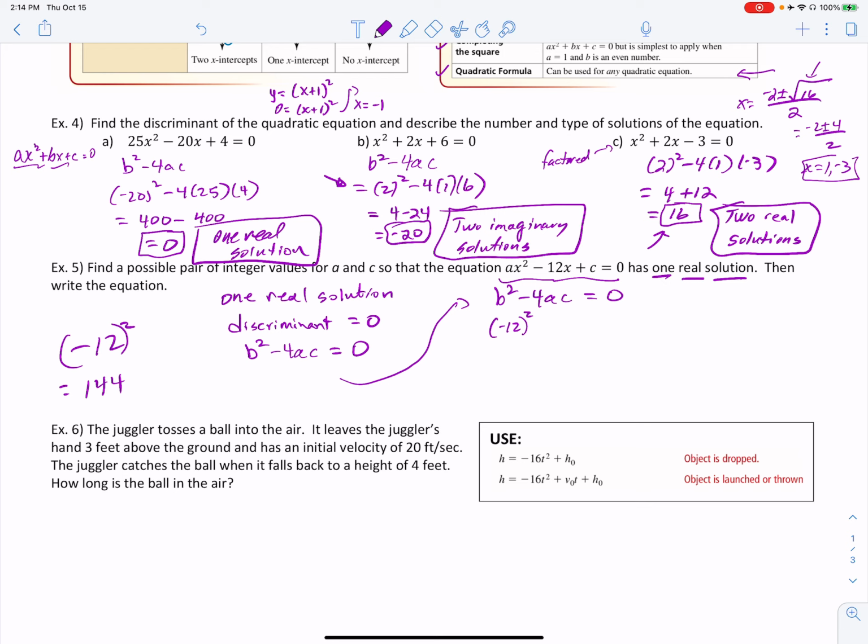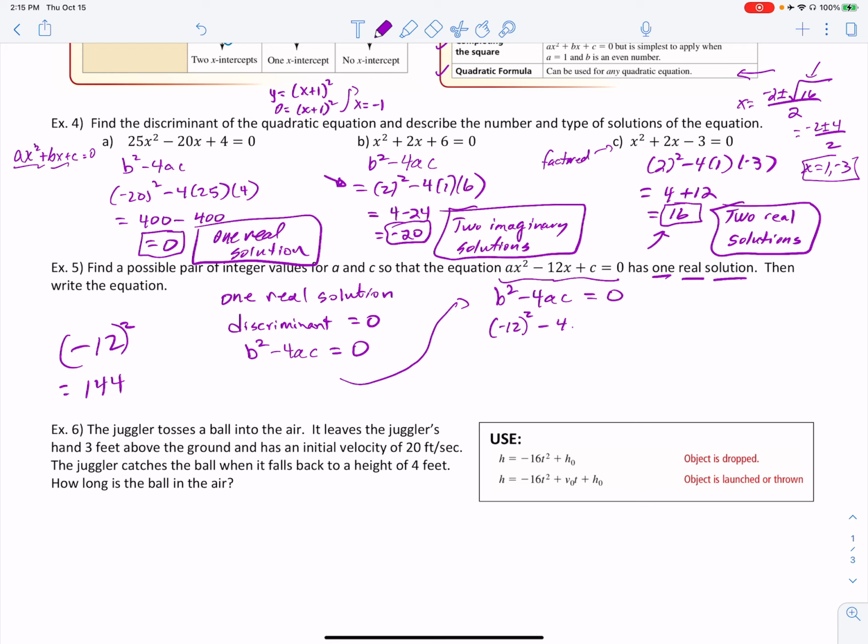Without those parentheses, if I see this on your test, I'm going to take off points. They have to be correct, where the square is on the outside. If you're missing them on a negative, you're not going to get credit for that, or you'll lose points for communication. All right. So then we have minus 4 times,